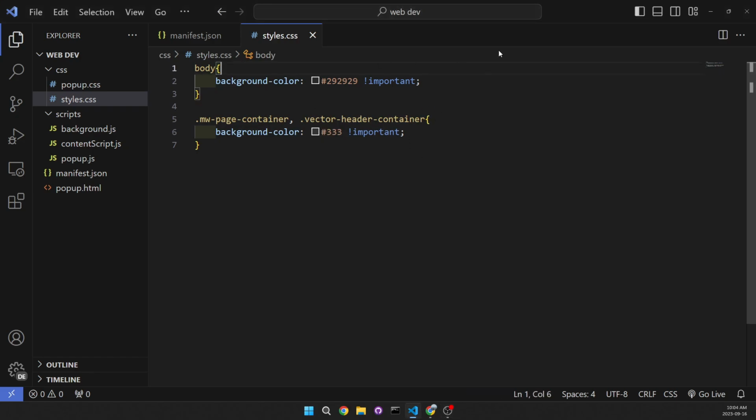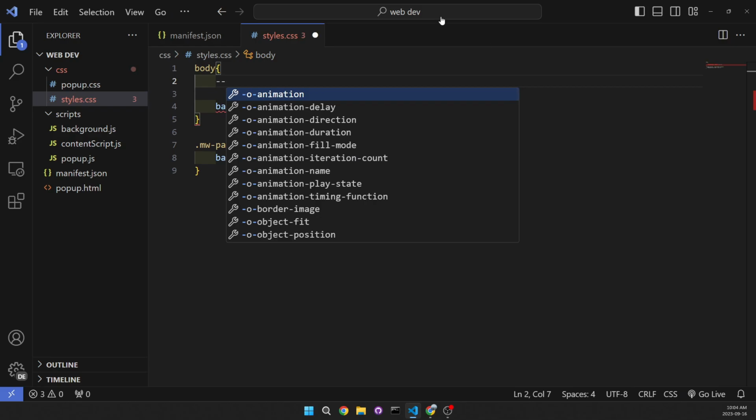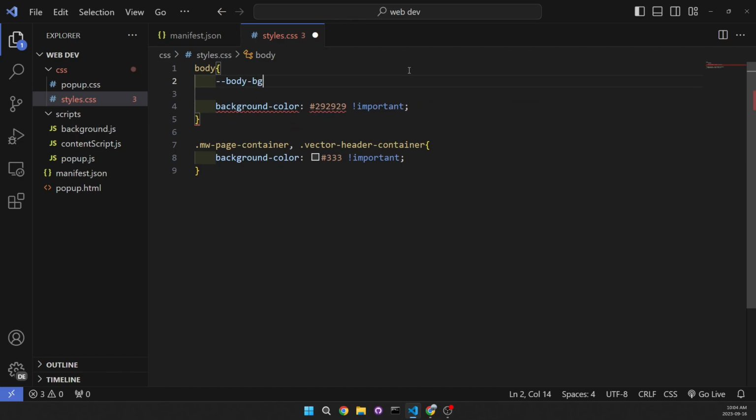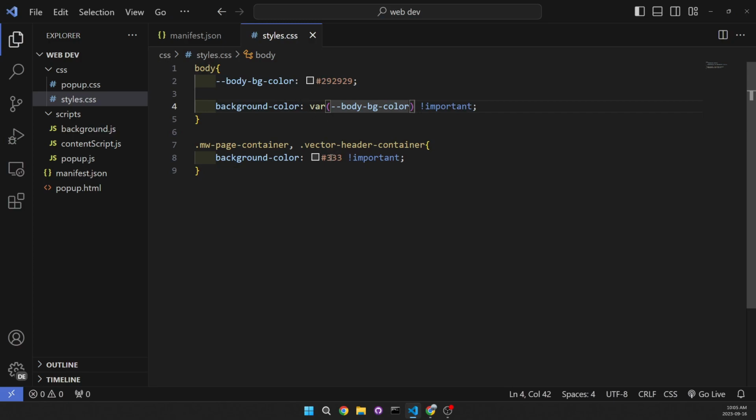And to make variables, we're going to go to our body, and we're going to write this and then the name of our variable. So let's write body bg color, and then in here we're going to set this to the background color. So let's just write this in here. And to make sure that it works, we can write var here and then the value. Let's go back, reload everything, and we can see that nothing changed,